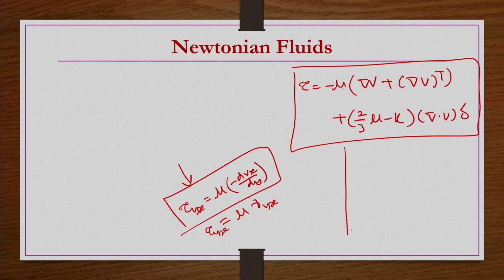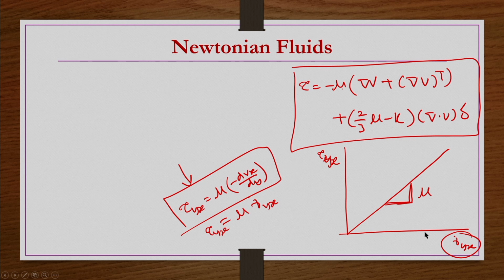Then if you plot it on x y coordinates, on the y axis you take tau y x, and on the x axis you take gamma dot y x. Then what do you get? You get a straight line passing through the origin, and the slope is mu. Right. So, that is the viscosity. Now, what does it mean? Even if you increase or decrease gamma dot y x, whatever the value, it is not going to change, it is going to have the same constant viscosity mu, the slope is not going to change, that is what we know.